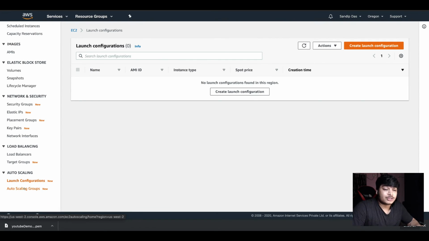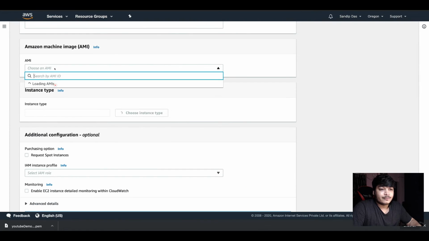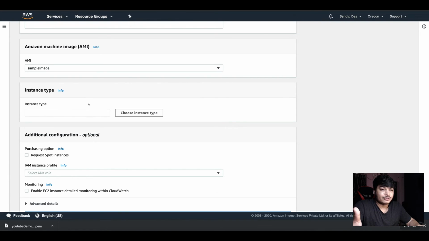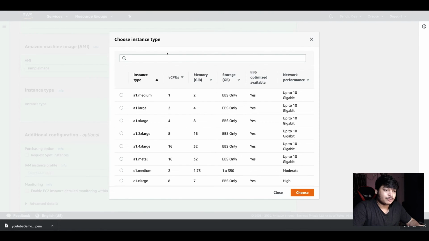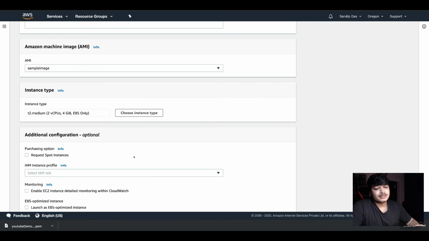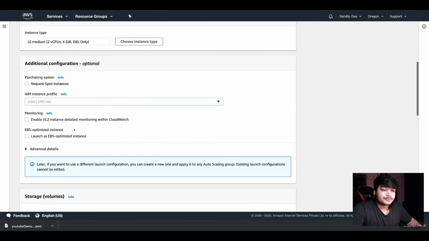To set up auto scaling, you need the launch configuration. In launch configuration, you have to select the AMI and all. See, you create that AMI. So whatever application you have, that application's AMI you should give there. Then the instance type, what kind of instance should be running, you can select from here. It's like T2 small, whatever you see fit for the requirement. In production, then you run the M3 or some other model based on your requirement.